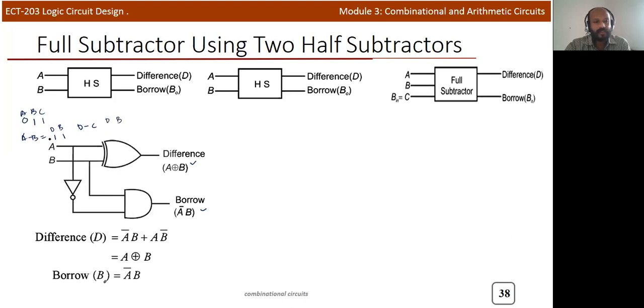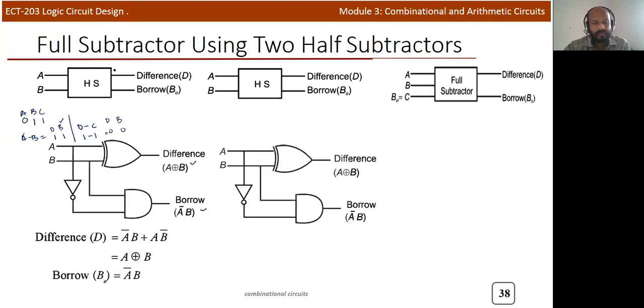Okay, that's the concept. So if here difference is 1, 1 minus 1 is equal to 0. Already there is a borrow. So in this second case, there is no borrow. So you can write 0, but already there is a borrow 1. You need to indicate the final borrow is equal to 1. Okay. So if you consider 2 cases, first you can implement by using a half subtractor. Again, the second part you can implement by using another subtractor. So now we need to consider this particular logic. So the difference of the first, that is A XOR B, is considered as the input of the second subtractor.